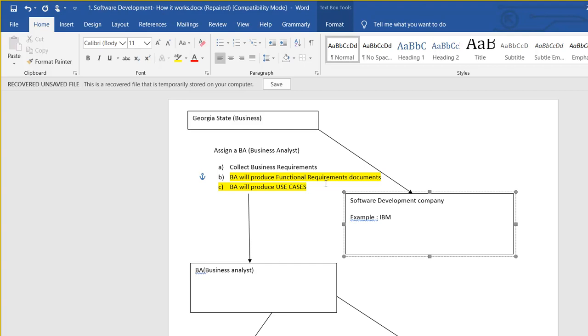IBM will assign a few business analysts who will be having meetings with Georgia State business to understand what their requirement is, what they are trying to achieve, and what software they are trying to develop.